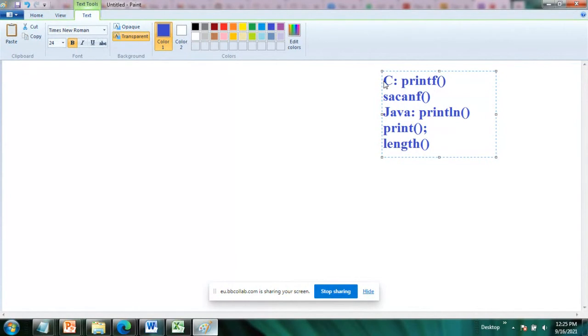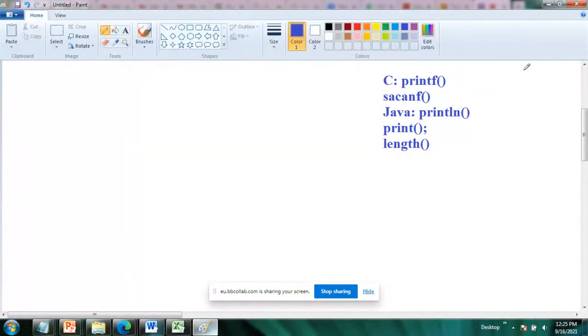These are just predefined methods. It means whenever you want to print something, you just have to call this method. This is an already predefined method. When you call this method, the predefined code that has been written by the C people is going to be executed.